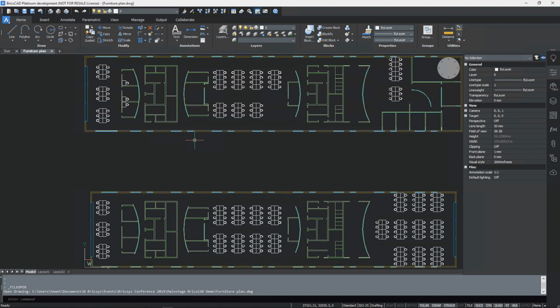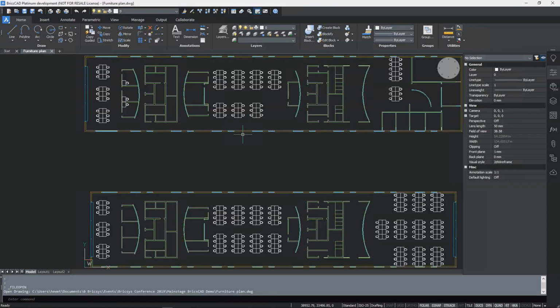One of the things that we learned from customers is that most of you are working in 2D right now. A lot of people still work in 2D, but you want to go to 3D and you want to go to BIM. So what we did is make it as easy as possible for you to move from 2D to 3D to BIM or mechanical. And what you see here again is the drafting workspace with all those 2D tools that you have in a core BricsCAD